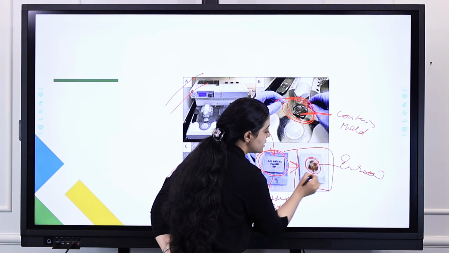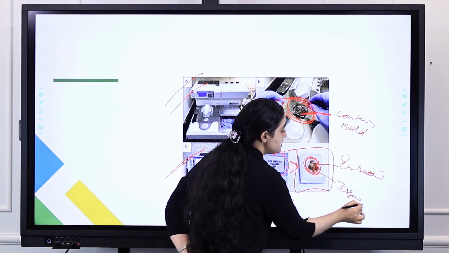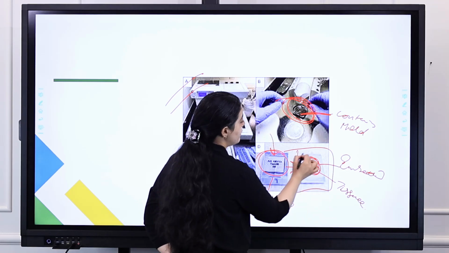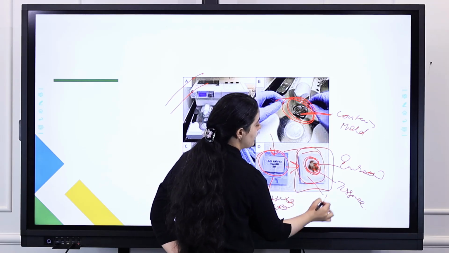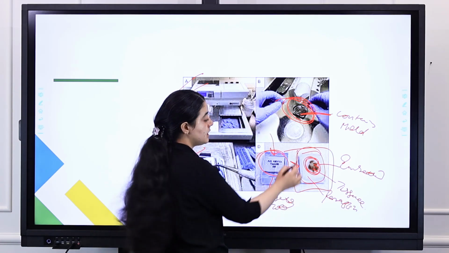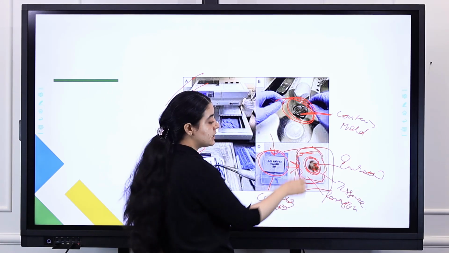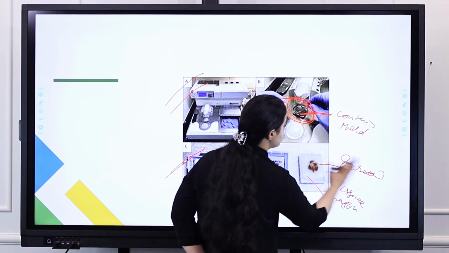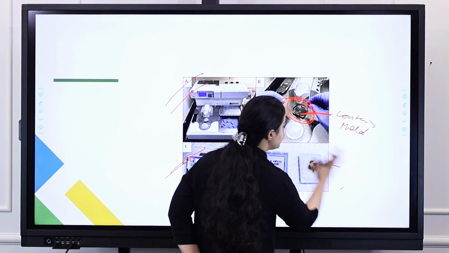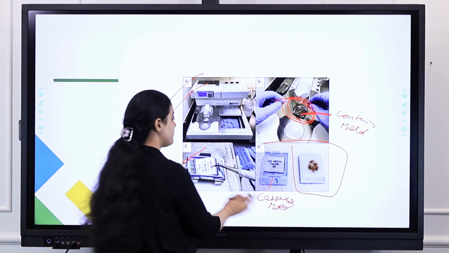This blackish area is our tissue which we have to diagnose, right? And this white area is the paraffin wax around our specimen. This is the wax around our tissue which makes a block, and this is our tissue sample, right? So finally you receive a sample block, or paraffin block, like this, right?